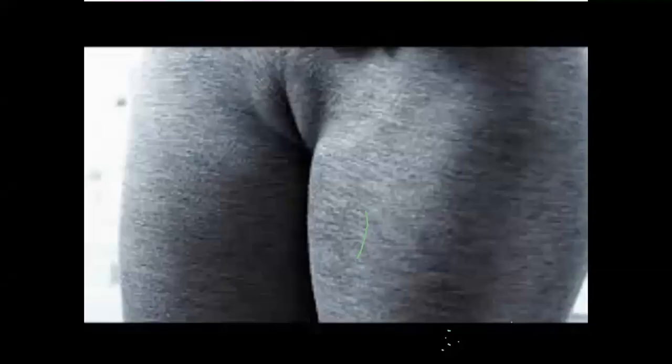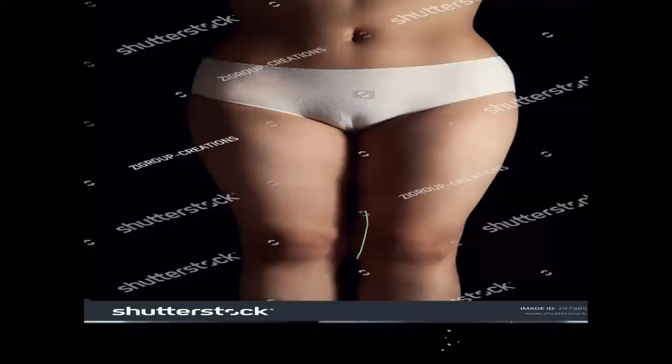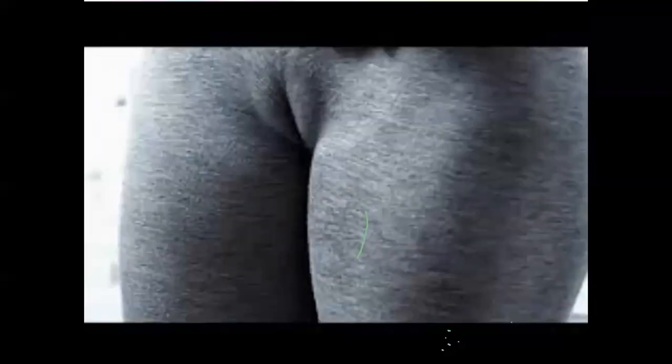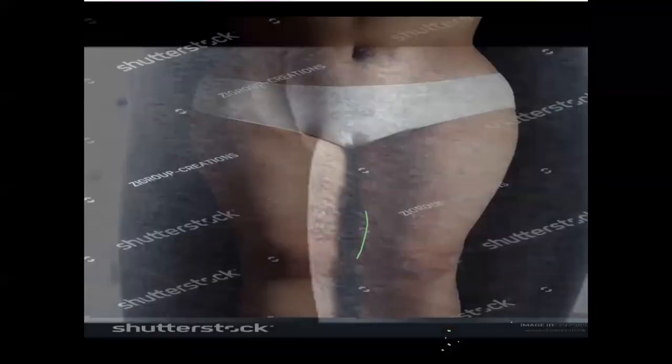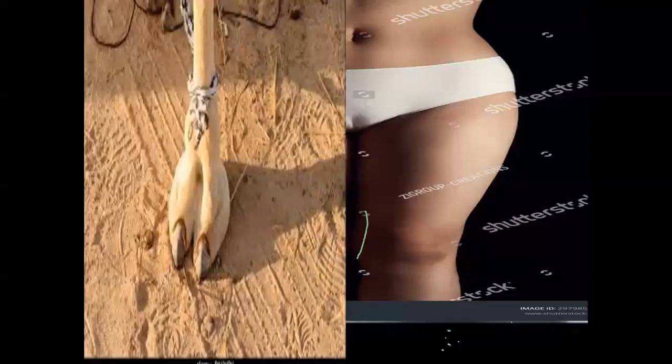And sometimes with the camel toe, the hypertrophy of the labia majora becomes asymmetrical. You find that one labia is bigger than the other, and you're wearing a jean, walking around, and it's seen. Women don't like that. That's why they come for that cosmetic surgery. This condition is called a camel toe because it looks like a toe of a camel. That's why they call it camel toe.